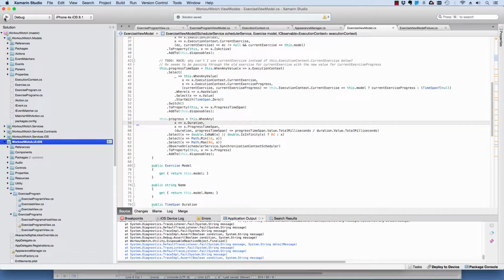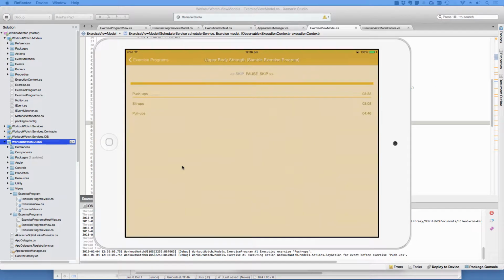So let me try running the app again. Push-ups. Okay, so now you can see the progress both in the main progress bar at the top and then in the individual exercise. So let me try skipping ahead here. Sit-ups. So that's worked. And again. Pull-ups. Biceps. That's also worked. So give it a little bit of time here and then skip backwards. Pull-ups. Biceps. Which goes back to the start of the exercise as we'd hoped. So if I now skip backwards twice,